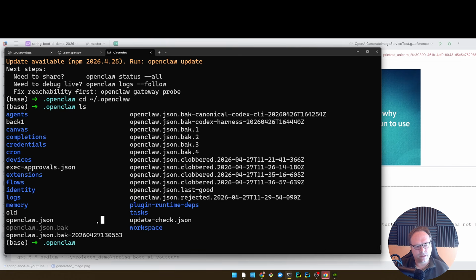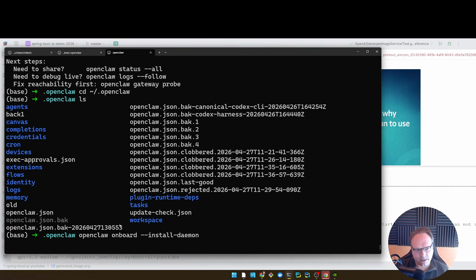And then when you're done doing that, you can say, of course, openclaw gateway stop before you actually do that. But what you can do is you can say openclaw onboard, and then you can say --install-daemon. Install daemon like this. I had to do that because I was playing too much with my